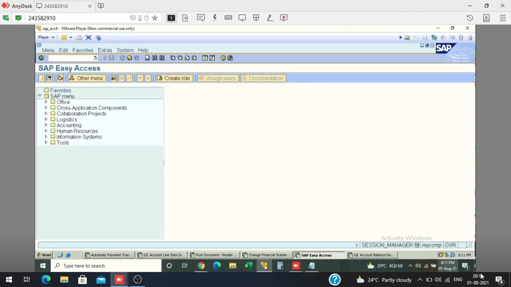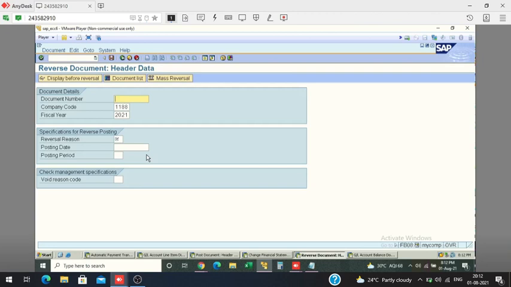Now, let's take an example. You have posted one wrong account entry. Then what should you do for that? How to change that? Reverse the document. So how can you reverse the document? FB08.